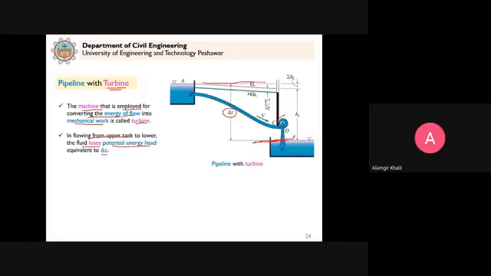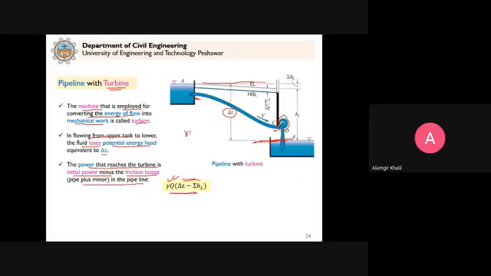But now the turbine is here. This is the turbine. Clear? So the power that reaches the turbine is the initial power minus the friction losses. So what we can write here, the power that is available to the turbine, will be gamma Q into delta Z minus HL. Why HL? Because the fluid flows from this point to this point. There are losses in this length. So it should be